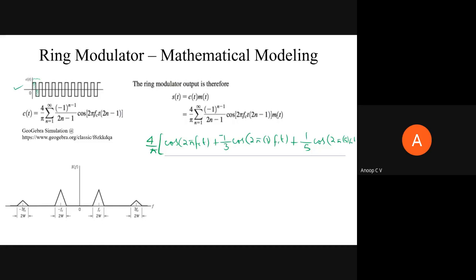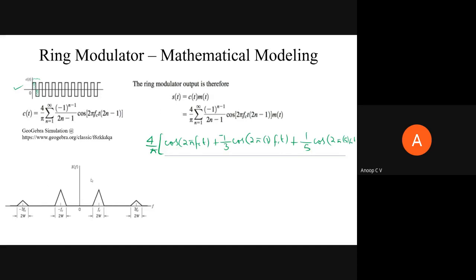So I request you to watch the video on the switching modulator. It can give you the answer to why this becomes a multiplication. Normally it has to be addition, but why multiplication of M of t and C of t? For that, you watch the video on the switching modulator, which is already posted. There we explain how this multiplication with a square wave comes about. That will give you an answer.